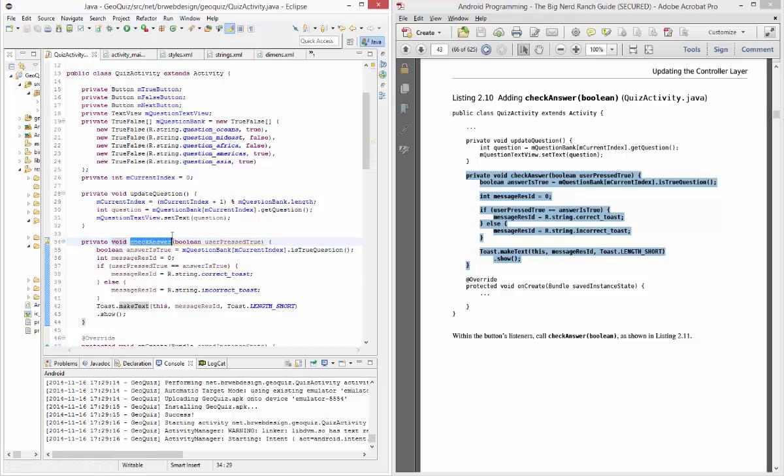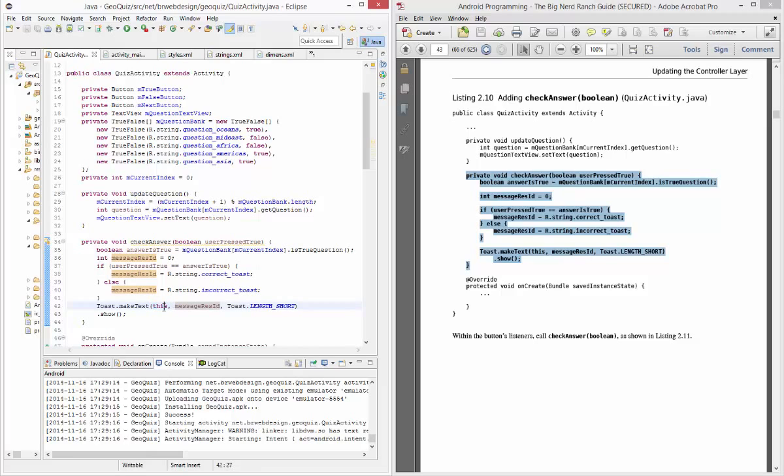And what this does, it checks the answer with a Boolean value, which is passed in there. It checks to see if the answer is actually true. And if it is, it gives us the correct message, else it gives us the false message, and then it uses this as the context,